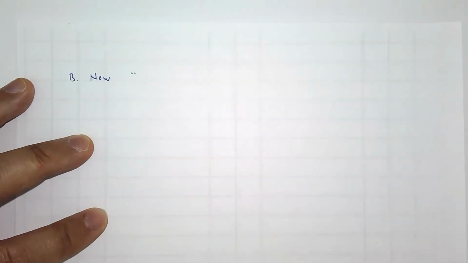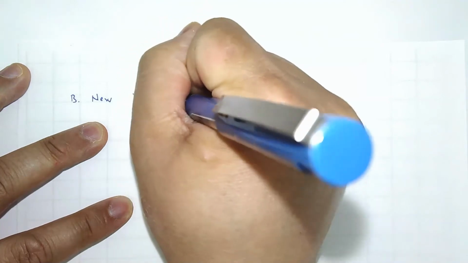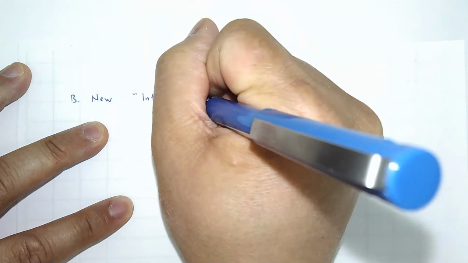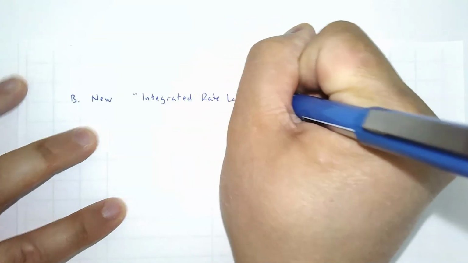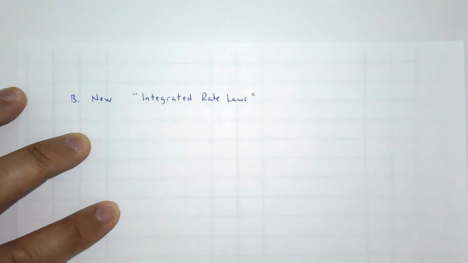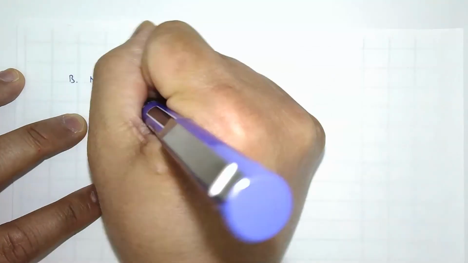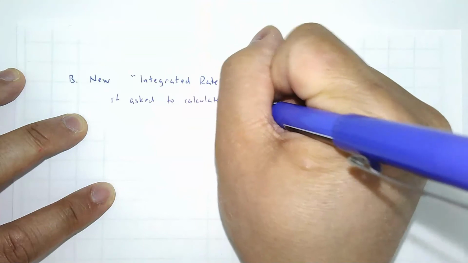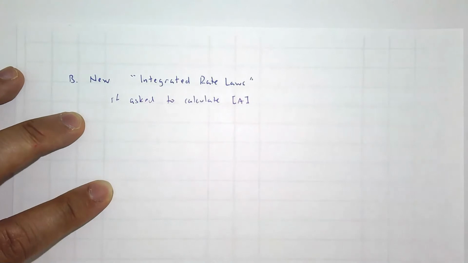What am I going to call this? We're going to call this integrated. This is the title of the video, Introduction to Integrated Rate Laws. And why would you use this? You would use these equations if asked to calculate the concentration of a reactant. Oh, before I get too far, we should